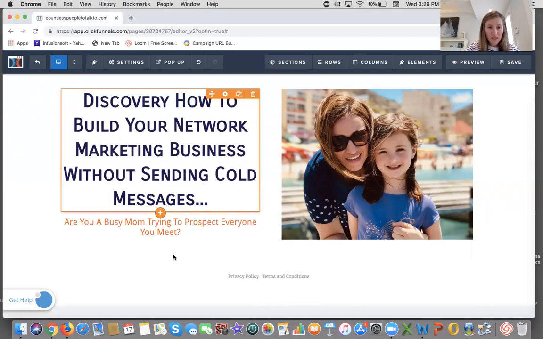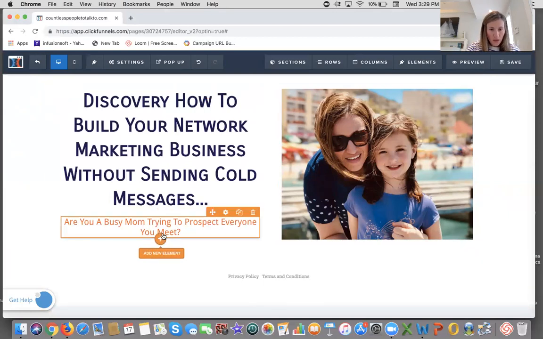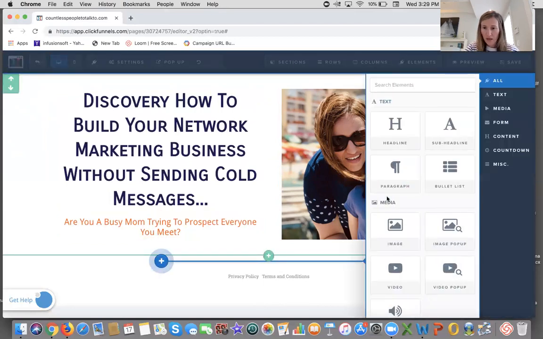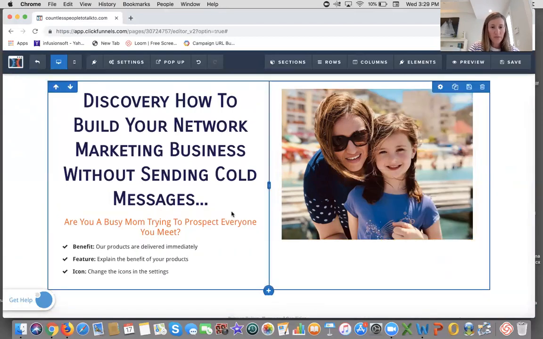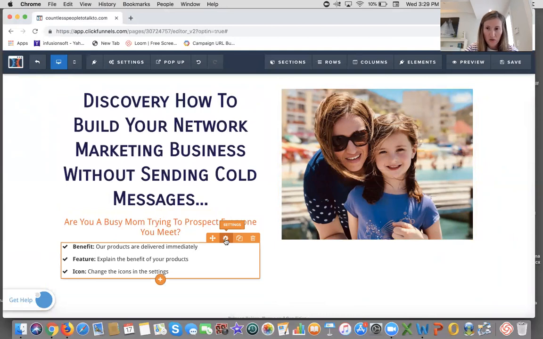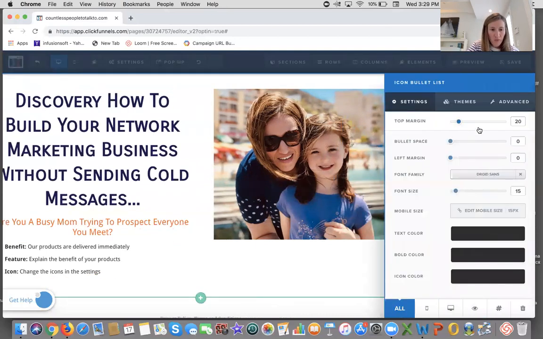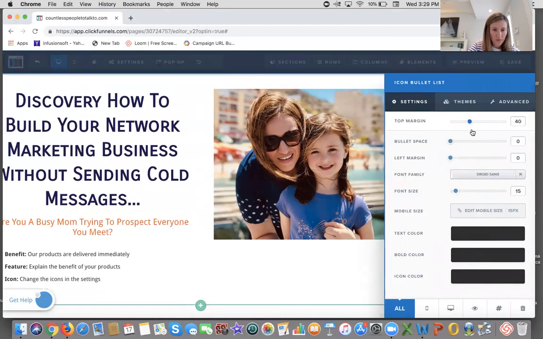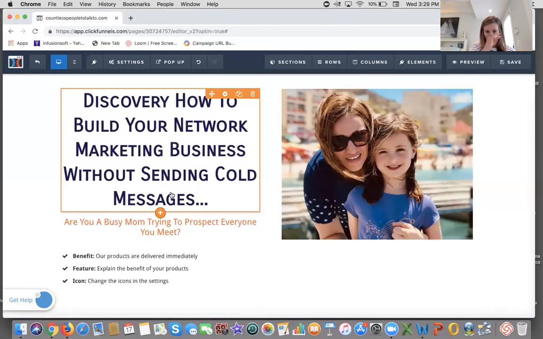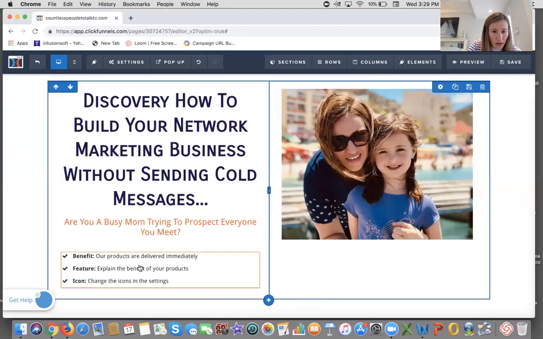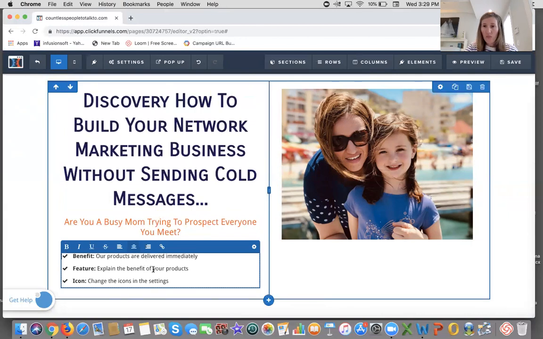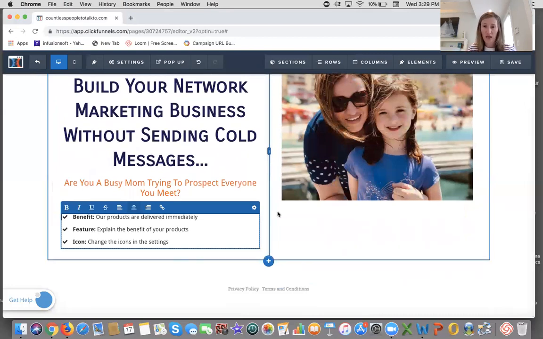And then, so we have that stuff. So what I'm also going to do is add an element and I'm going to go bullets, right? Oh, and here's another cool thing. I can move the margin so I can move it up and down, etc. So I'll get my spacing right. And then I can add in all my benefits here. So what they're going to get when they decide to opt in. So that's really important. They need to understand what's in it for them if you want to capture their information,